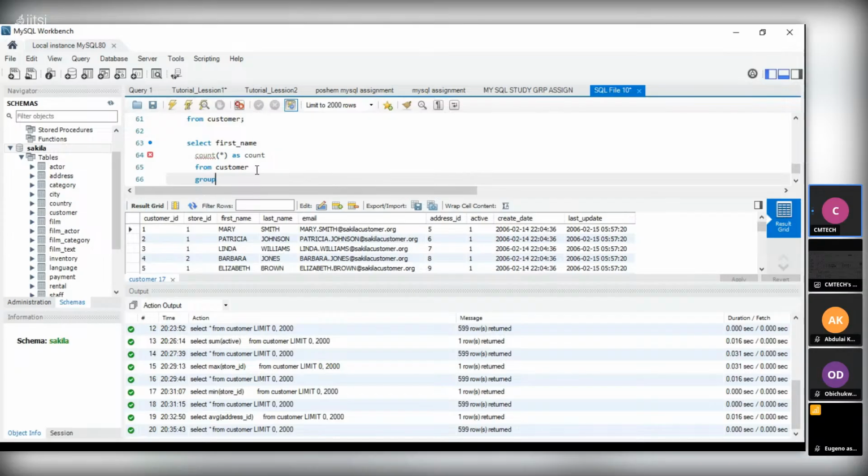Let's say we can group by the email, the counts, and group by their email. Or okay, let's see, count by,